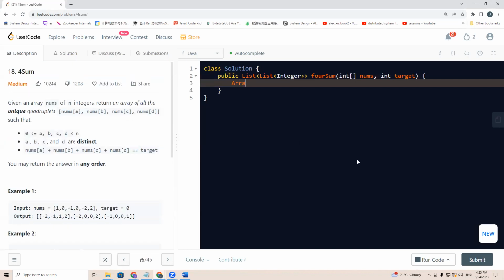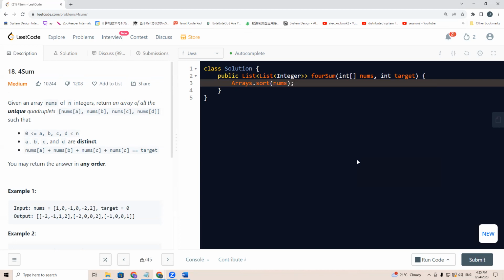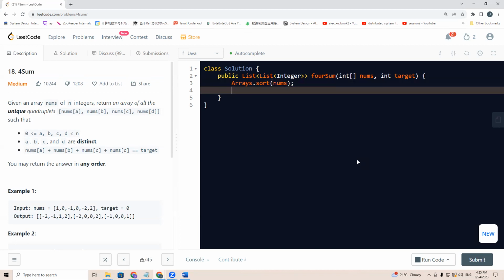So what we're going to do is sort nums with Arrays.sort. Then, because we have four numbers, we have two for loops and a two sum using two pointers. It's like 3 for loops, so it will be O(n^3) time complexity. So the sort will not make our time complexity worse. So we are going to have